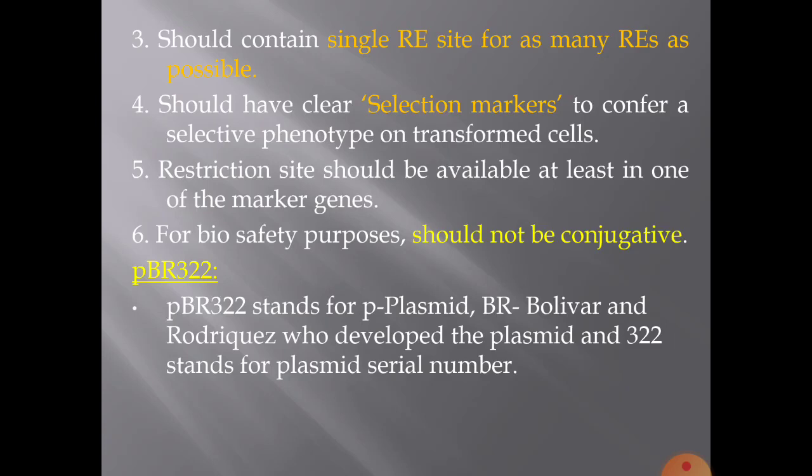Now, one best example for a plasmid vector is pBR322, with which all of you are familiar. Now, pBR322, what does it stand for? P stands for plasmid. It tells you that it's a plasmid vector. BR stands for the people who developed it, Bolivar and Rodriguez, who developed the plasmid, and 322 stands for the plasmid serial number. Okay, then